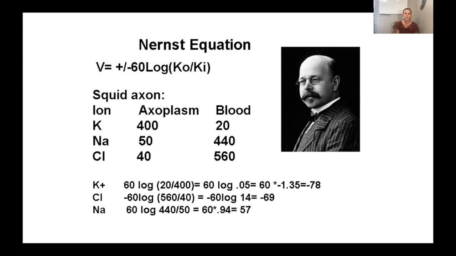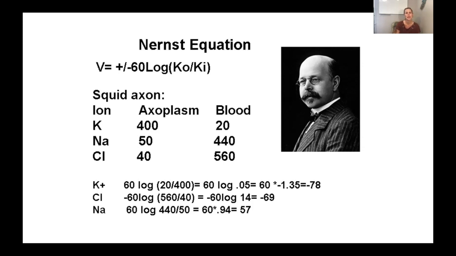So it's got 3 components to it plus a constant. The V here is going to be voltage, and then you have plus or minus 60 log. This is the constant. This is the number that has about 5 different variables all kind of crunched in together, like temperature and other things. And then this is just a number that we'll put in there. And then you have